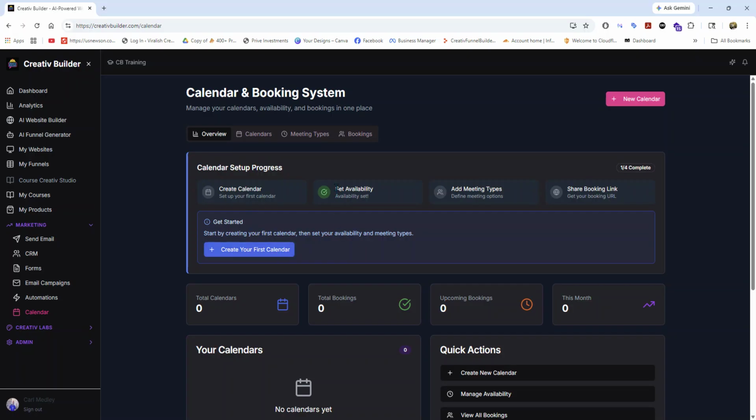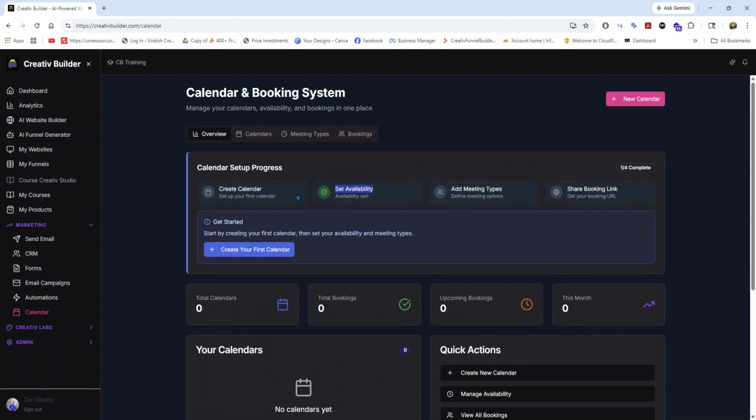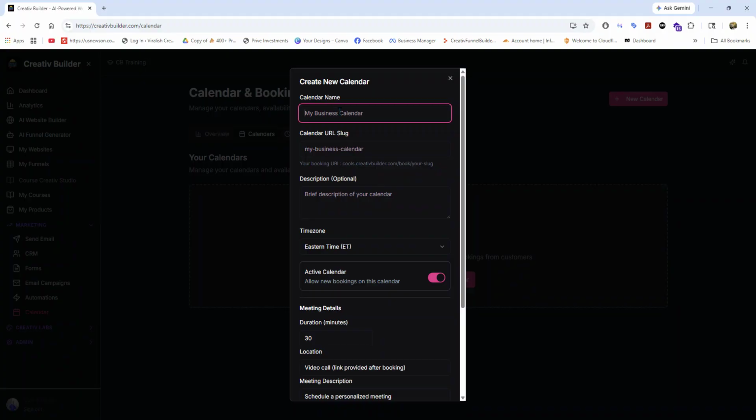Now you see where mine already has the set availability checked. It's because I set the availability while I was testing something else. But we'll go ahead and go through the process just as you would as a new user setting up a new calendar. So the very first thing we're going to do is create our calendar, and we'll call this calendar consult. I know, really catchy name, and we'll just say consult